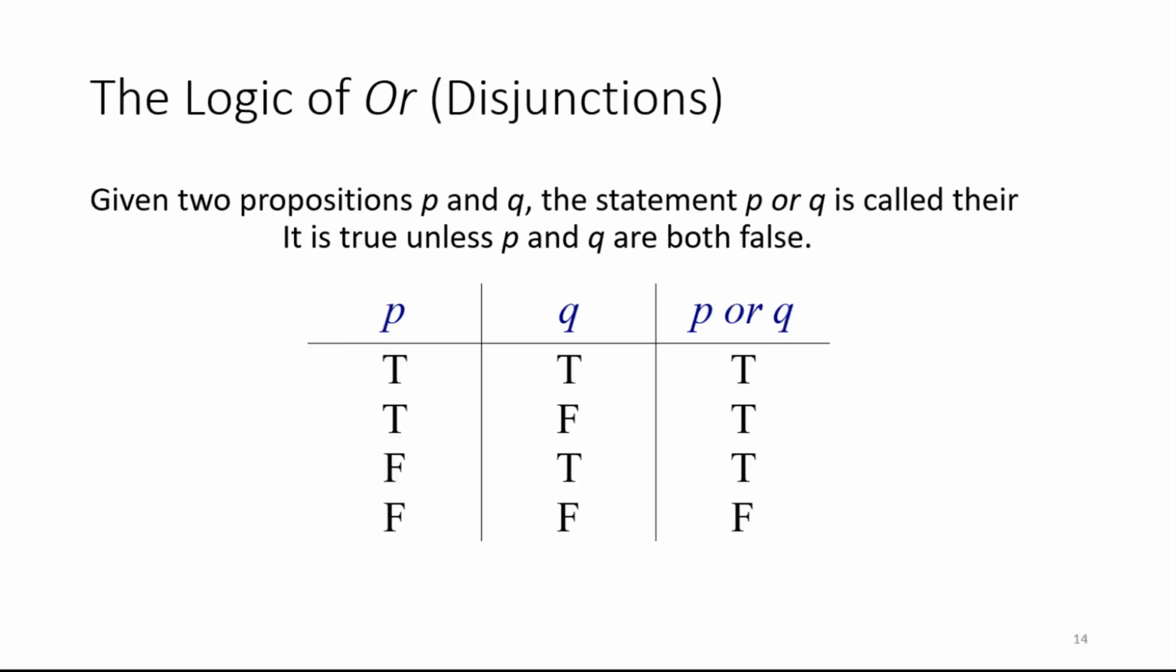The logic of or: disjunctions. Given 2 propositions P and Q, the statement P or Q is called their disjunction. It is true unless P and Q are both false. Let's consider the truth table, 3 columns, 5 lines. The first column is labeled P, followed by the possible truth values of T, T, F, F. The second column is labeled Q. The possible truth values in that column are T, F, T, F, and the third column is labeled P or Q,